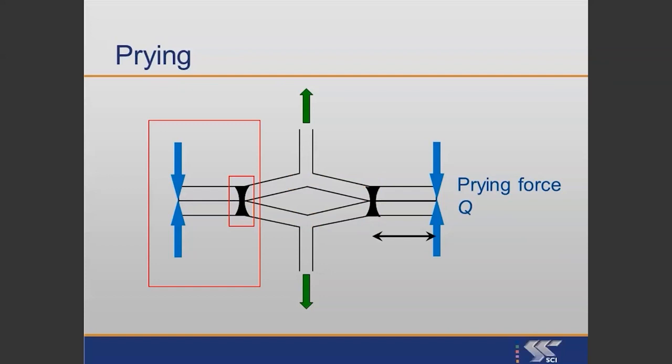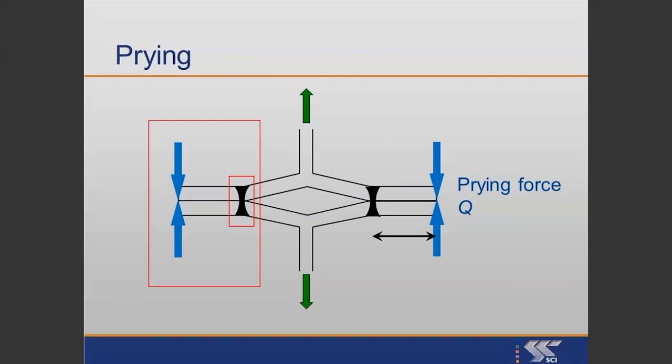We know that a moment is produced by the product of a force and a lever arm. So if we look on the left-hand side of this yield line, we know what the lever arm is. Therefore, we can back calculate the prying force. There must be a force there to give the moment which produces the yielding on the line of the bolts, and that force is called the prying force. It's to do with the lever arm, and you can imagine it's also to do with the geometric setting out